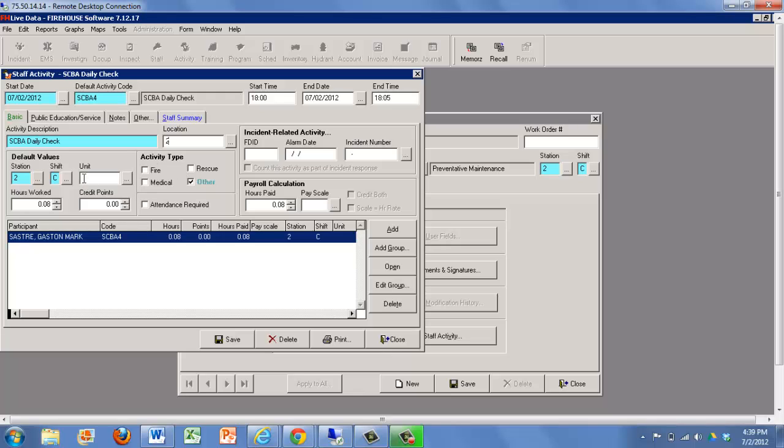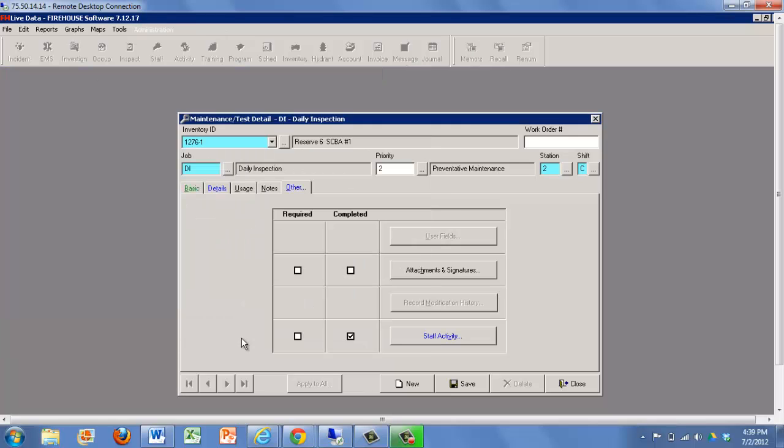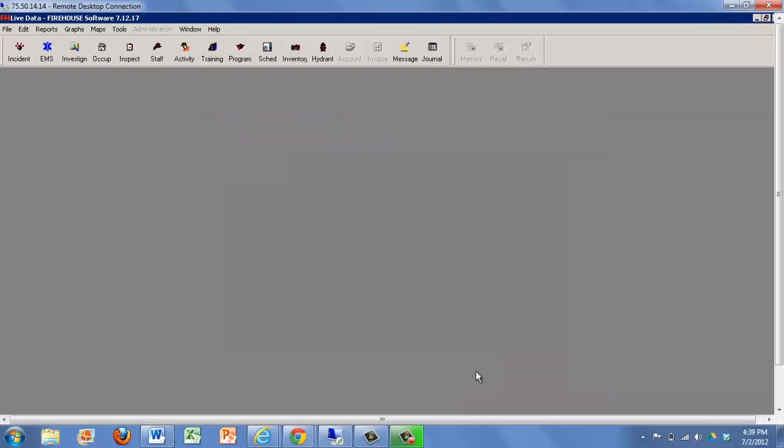So this is happening at station 2 and I'm on engine 2. Type it in there and I can just hit save. Done. It's saving it. You can see this thing kind of blinking, saving it. I'm going to click save this and we're done. I've entered in 2 SCBAs in a pretty prompt manner, and without reciting each one of my steps, it can